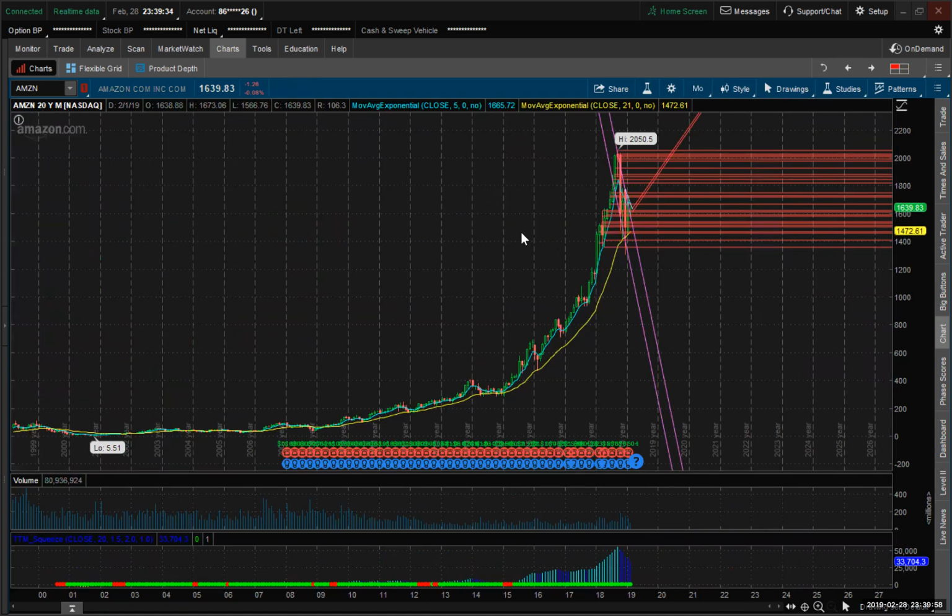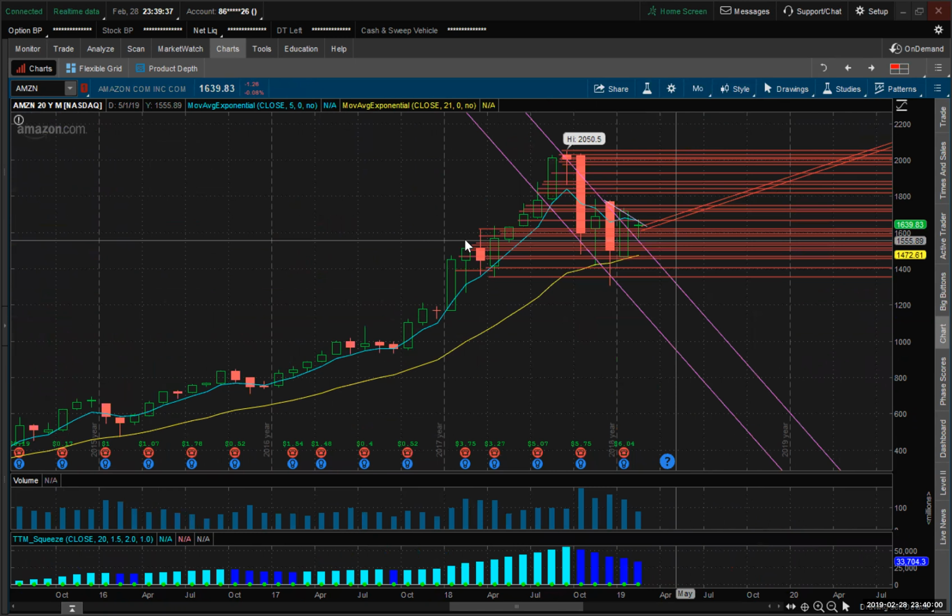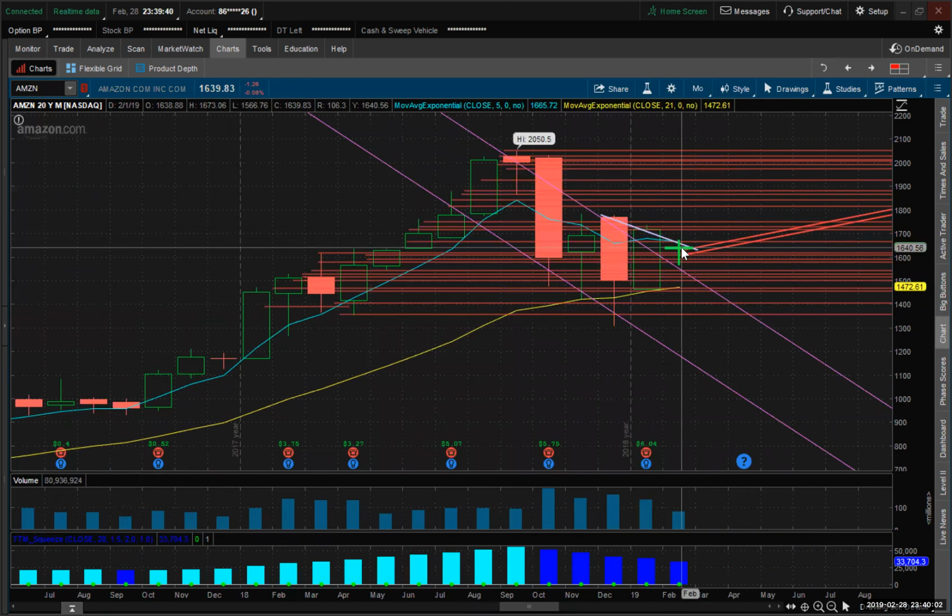So here we go. We got a bullish candle. The open was 1638.88 and the close was 1639.83. We closed up by 95 cents on the month. This was a sideways month. The last time we had a month,